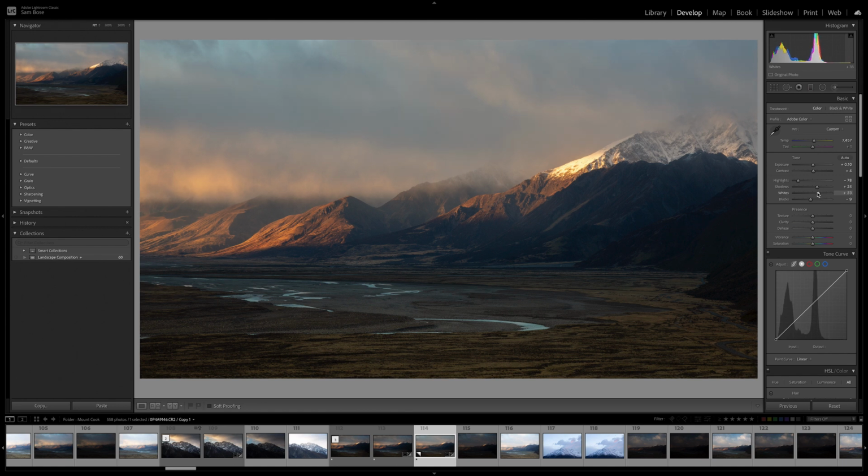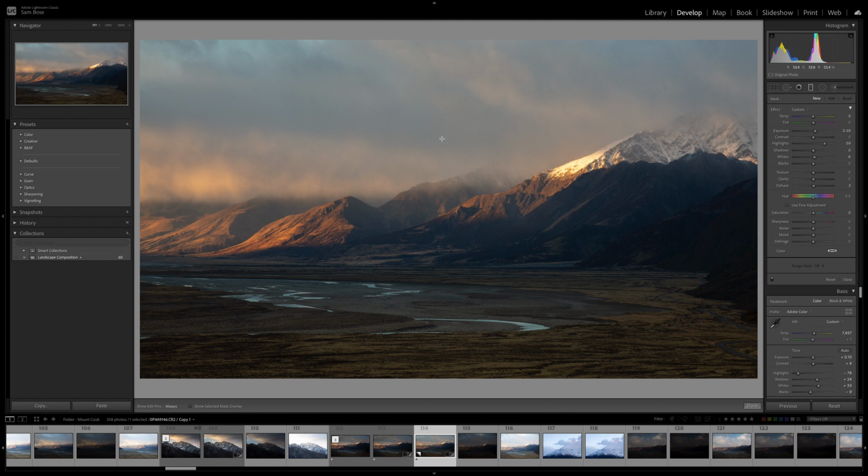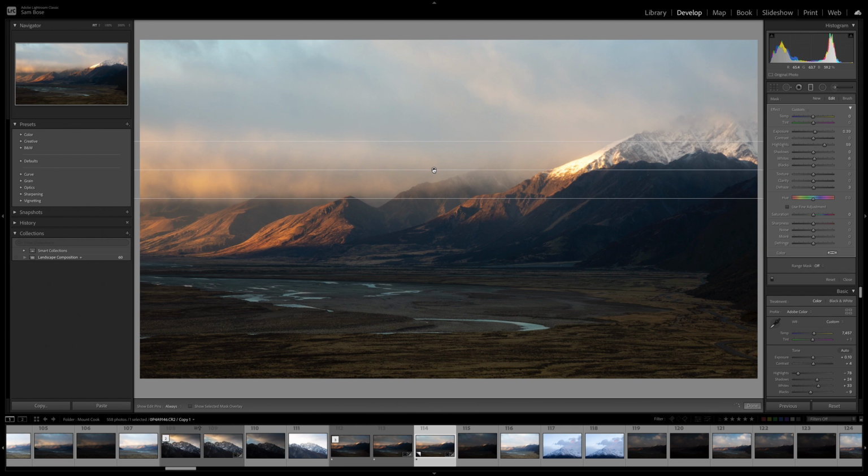The other thing which I'm going to do at this stage is, I'm just feeling that the sky is a little bit too bright. I want to bring those clouds down a little bit, make it a little bit more gloomy and oppressive, really, to try and capture that kind of gloomy, cloudy, oppressive feeling that we had going on in the morning when I took this photograph. So what I'm going to do is add a grad filter,